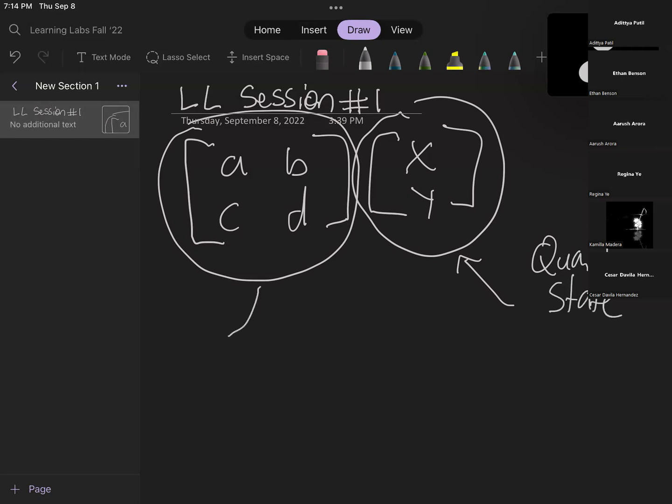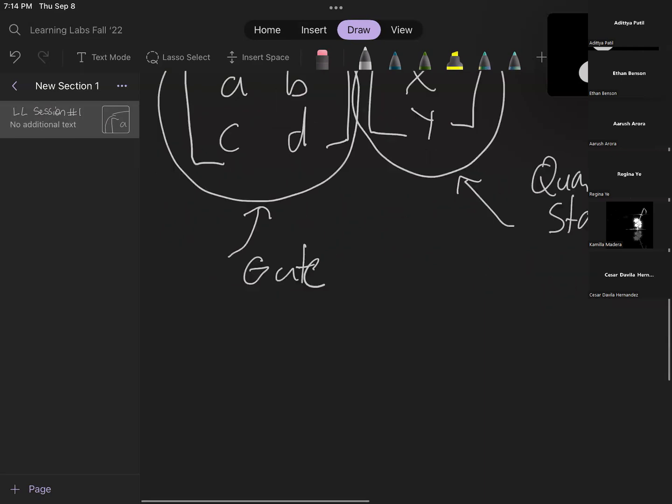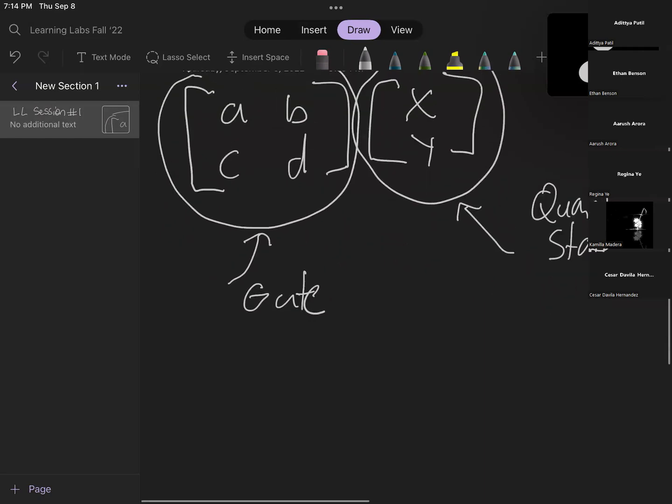And this is what can be known as a gate. So before we put actual numbers in these things, let's multiply the matrices out. What you're going to do over here is take element A multiplied by element X, and then add that to element B multiplied by element Y. So what that will turn out is we will get